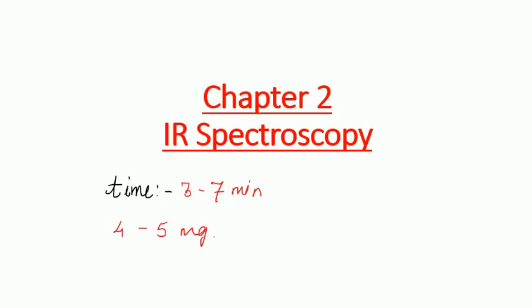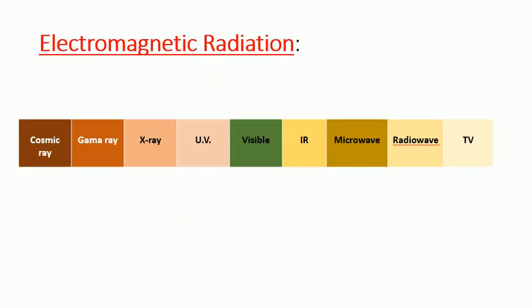So first, what is electromagnetic radiation? Electromagnetic radiation is a ray of light. That ray is composed of different wavelengths. If we see from the source of light,